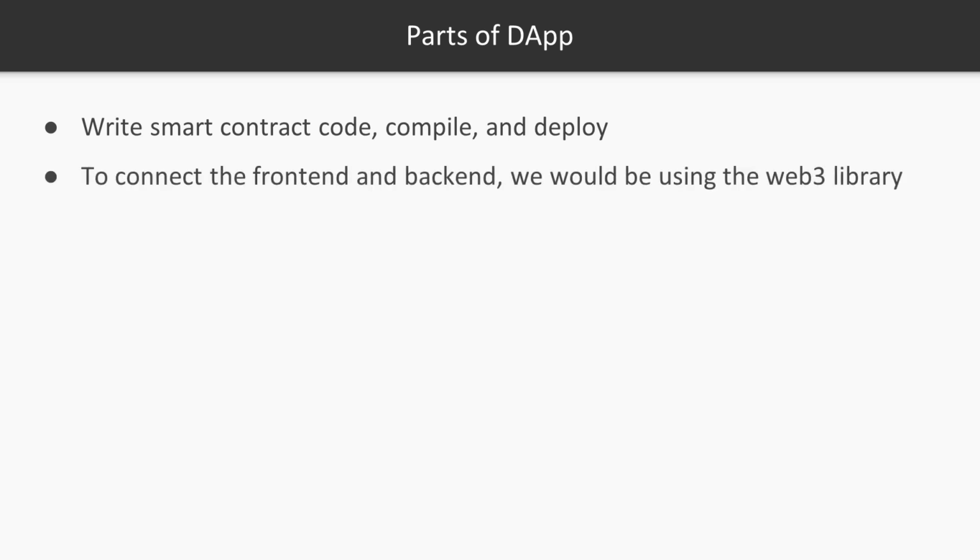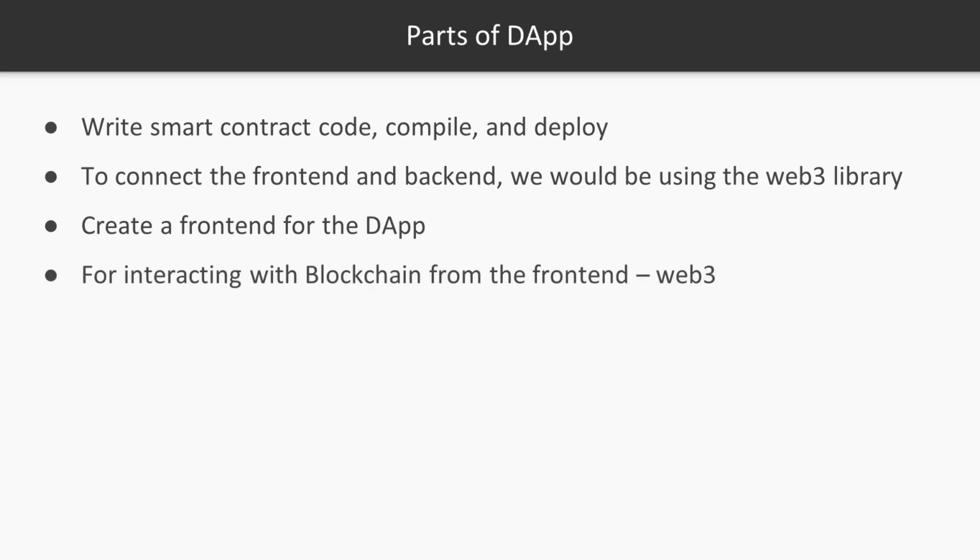Well, you guys might be wondering, how do we connect this front part and the back part together? Well, in a normal application, we will be using JavaScript, JDBC, like that. Here we will be using a library of JavaScript, which is Web3. So for the front end, we will be using a simple CSS for styling, and hypertext markup language for writing the front end part. Now for interacting with the blockchain, like I said, we will be using the Web3 library of JavaScript, which is important. This is the main component which connects the